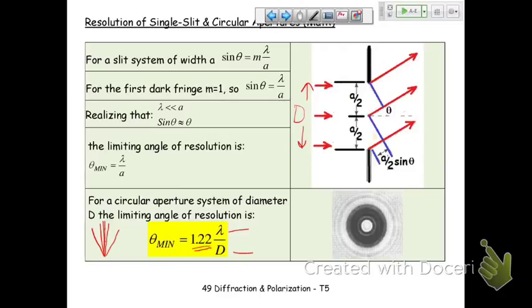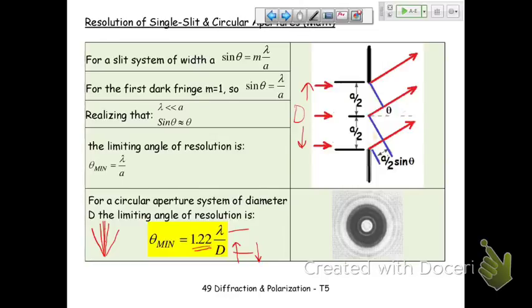And if it's a narrow type of instrument like a pinhole, when d gets small, your angle gets big. What that says is that the minimum that you need to be separated by gets bigger as your telescope gets narrower